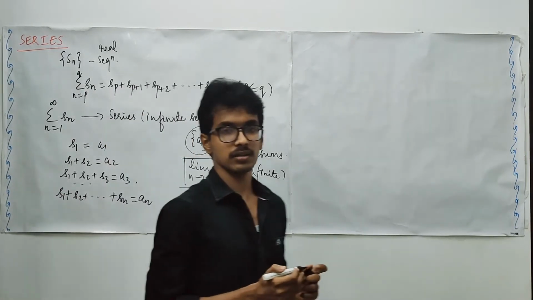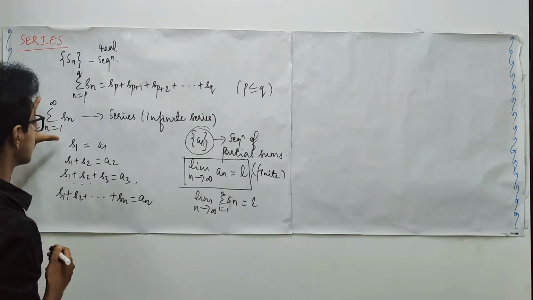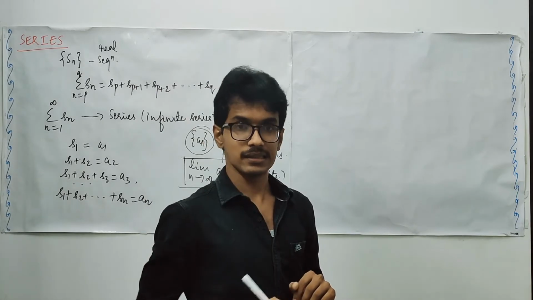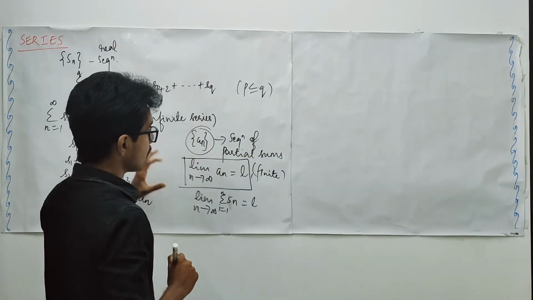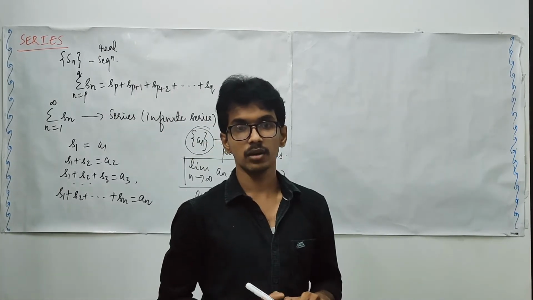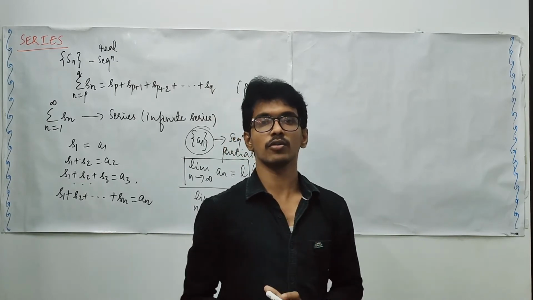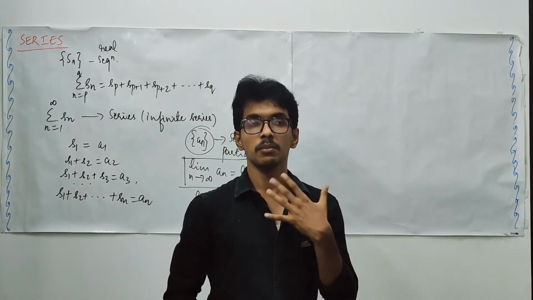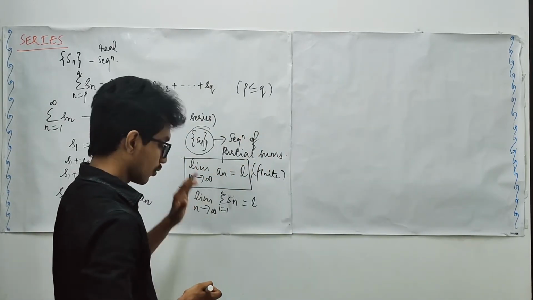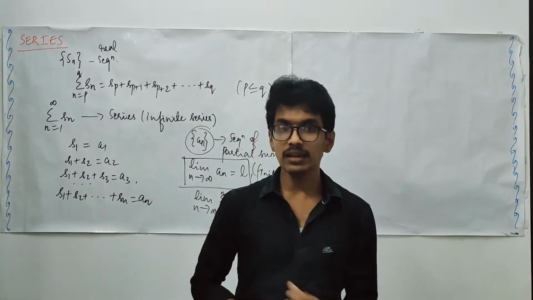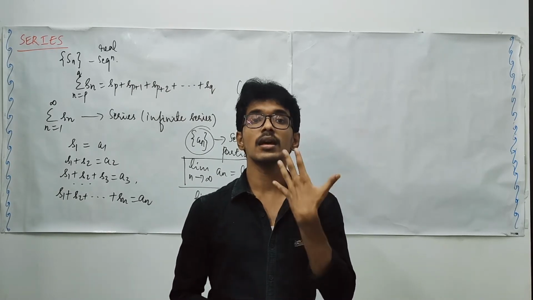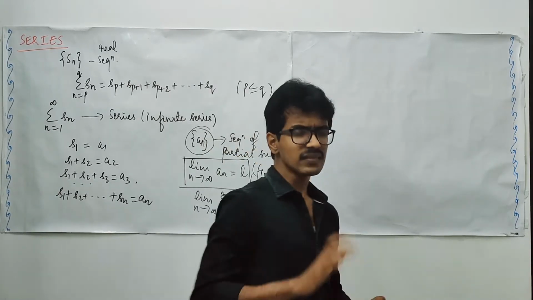What does it physically mean? Here we are saying that it is the sum of an infinite number of terms taken from the sequence. When we make a sum of an infinite number of terms, we must get a finite limit. This is going to be true in some cases, and that is what we mean mathematically by the convergence of a series. So when you add an infinite number of terms and you get a finite sum, that is what we mean by the convergence of a series.